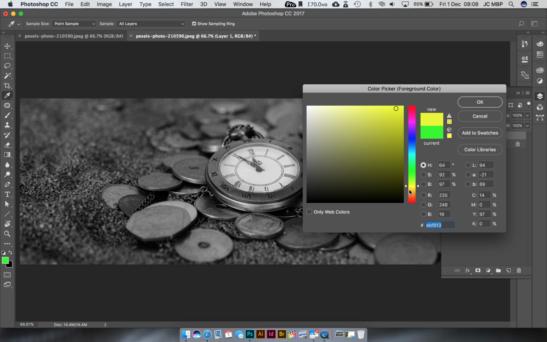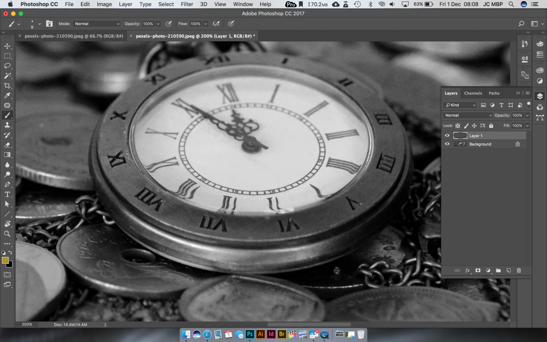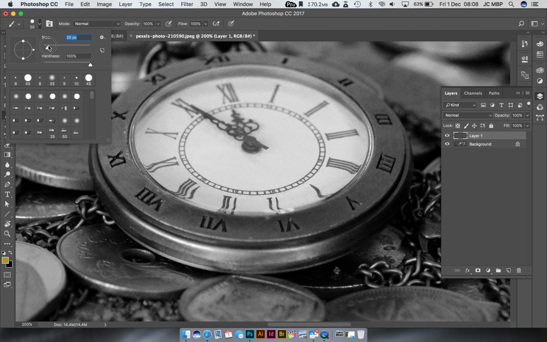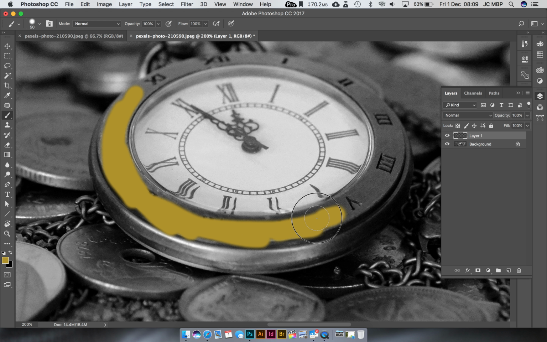So for this, let's say we want to go for a lovely kind of metallic, brassy color for the clock face. Zooming in is Command plus, zooming out is Command minus. I want to zoom in. I'm making my brush size just a little bit bigger, and I want to change the hardness, and then I'm going to change that on the fly. And then I'm just going everywhere, all over here,